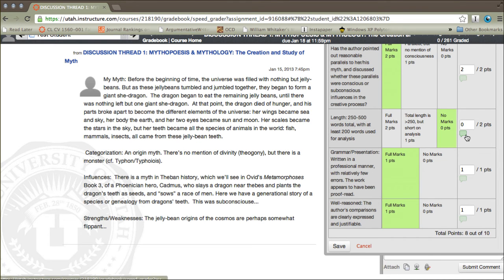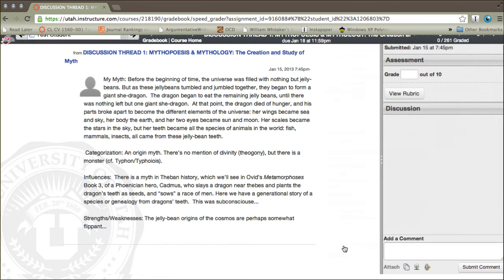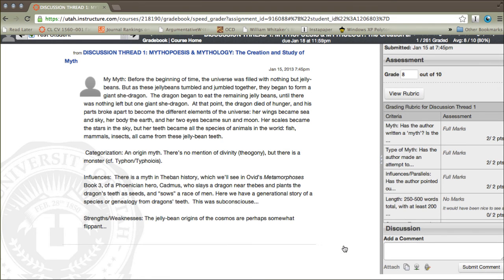But there we go. We've got that comment made, and we can see that this comment bubble has become a little bit more opaque because there is actually a comment there. So we can save this. And this isn't actually grading the student. It's not determining what they're going to be getting in this class, but they're going to be able to see this and take those comments to heart.